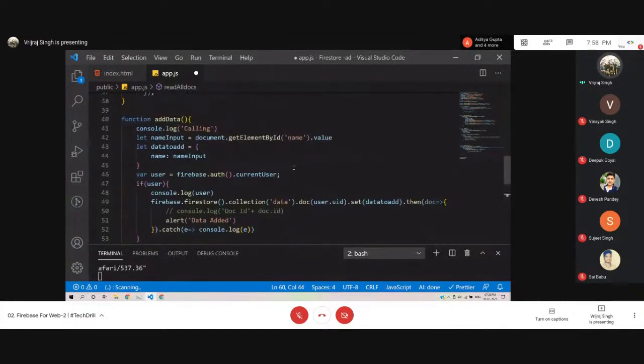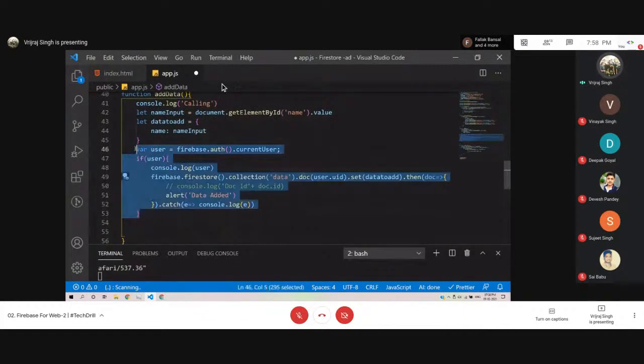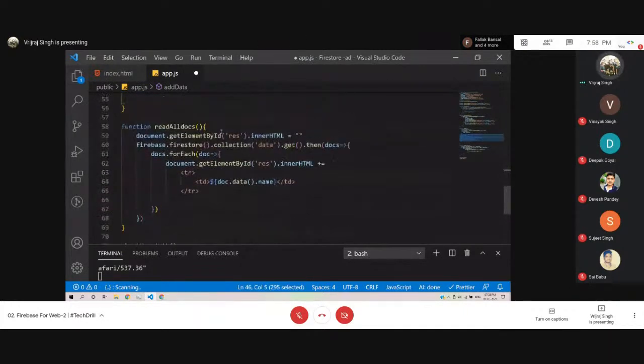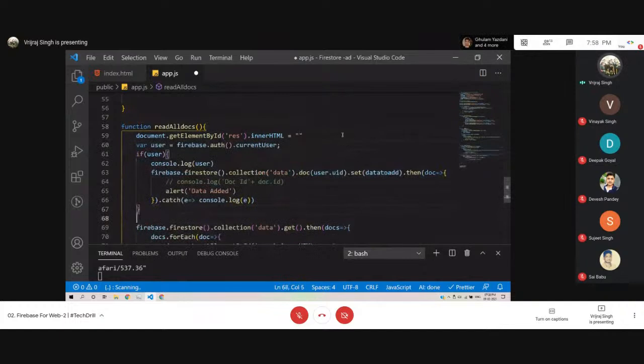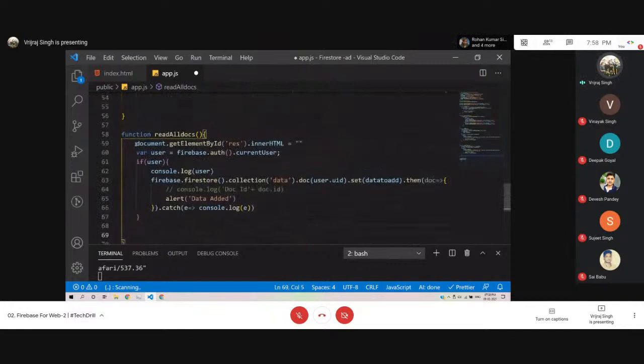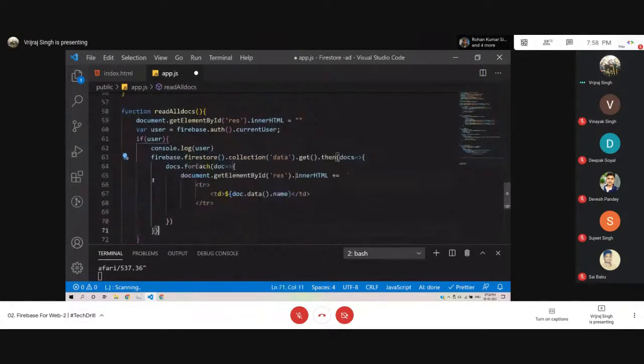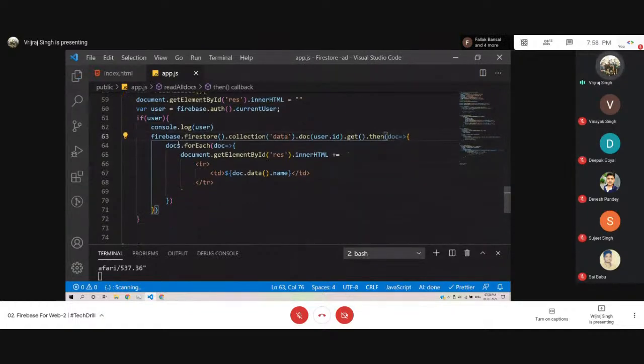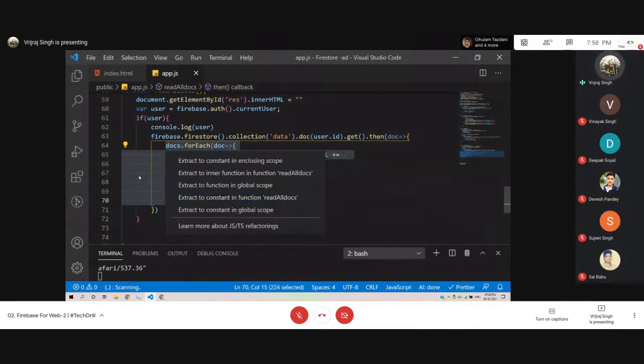So we have to pass the doc ID of a user. So what I'll do, I'll copy this logic. Thank you so much. Okay, so here you have to cut this logic, and here you have to paste. And then we need to read the data, so that's why we have to write doc, and then a user dot id, and then we have a doc, and then we do not have a list of documents. So what I'll do, I'll remove this logic,